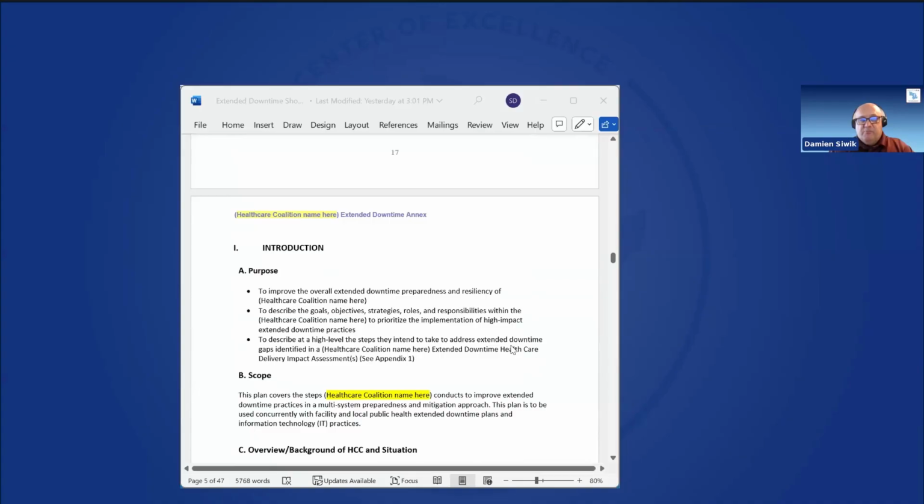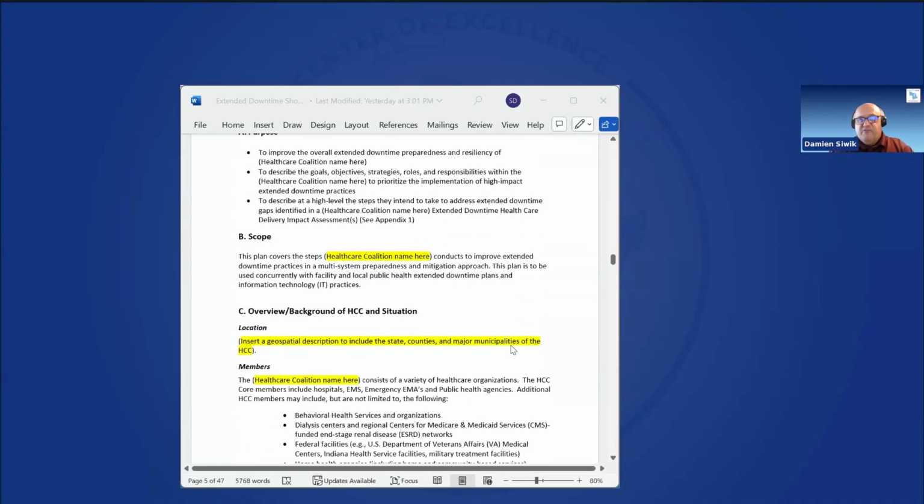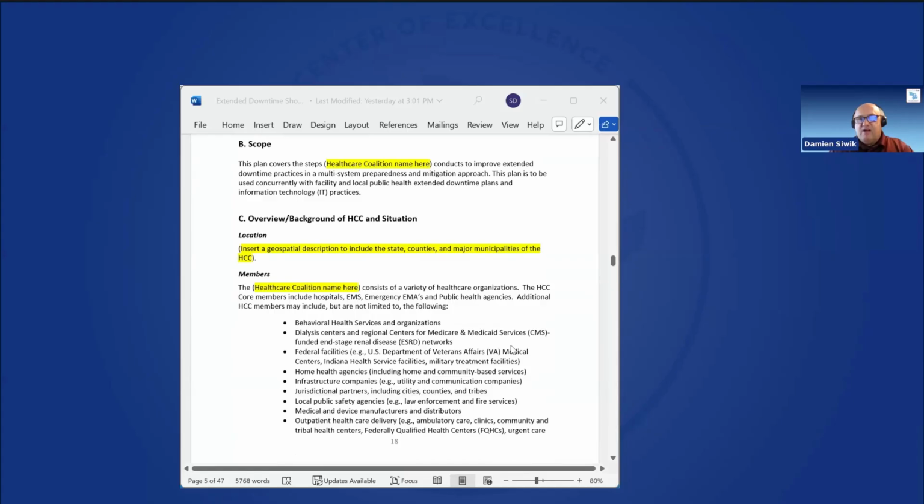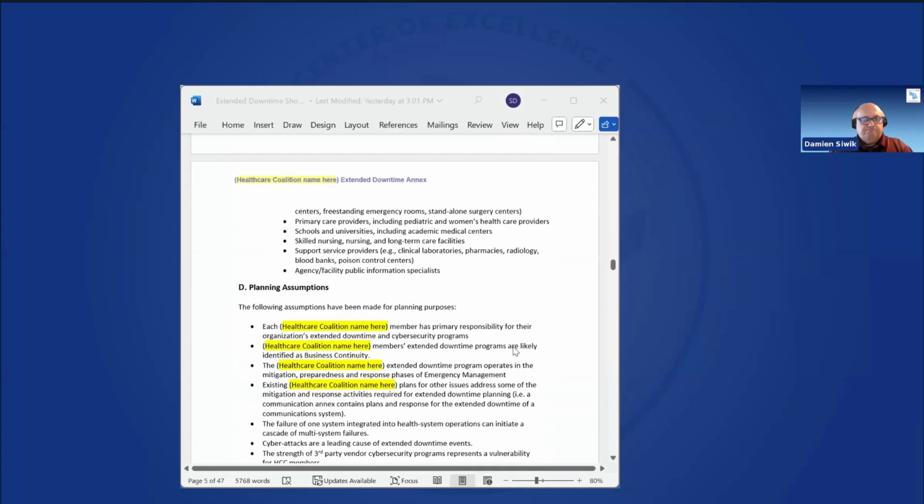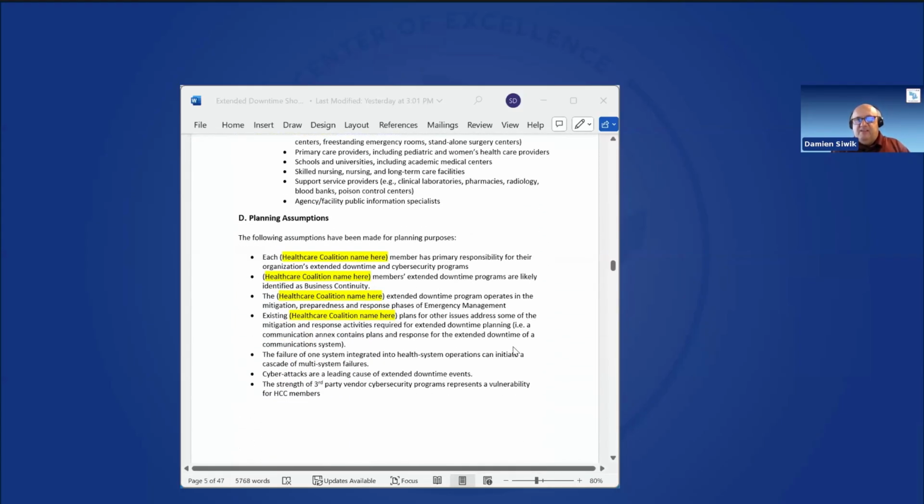So, of course, the introduction: the purpose of the plan, the scope of the plan, and the background and overview of the healthcare coalition, that description of your healthcare coalition again, and description of your membership with all of those bullet points. Planning assumptions, we did bake in some specific extended downtime flavor. Number one, recognizing that although a hospital is within your healthcare coalition, every organization does have an inherent responsibility for their own extended downtime / business continuity planning,